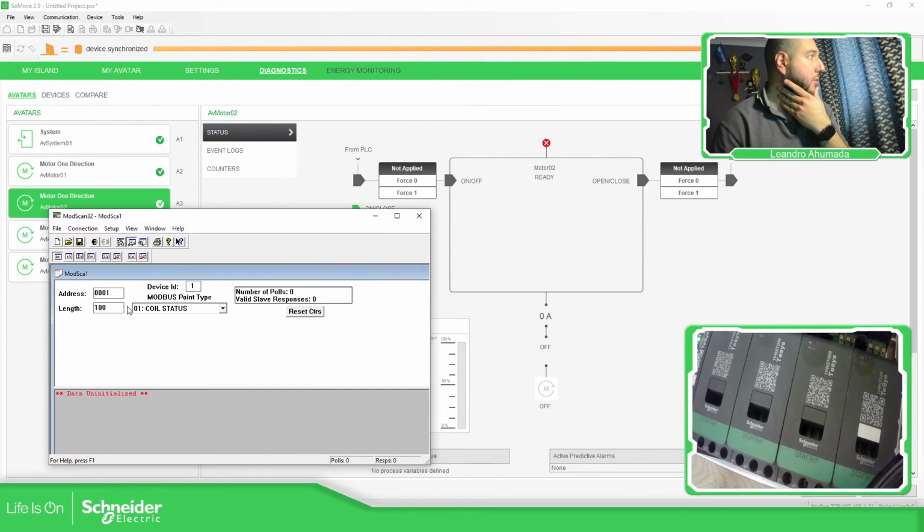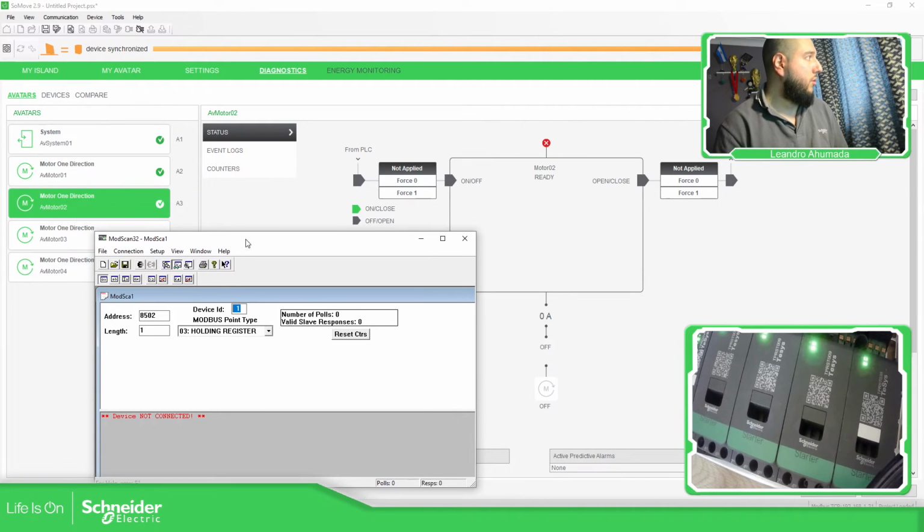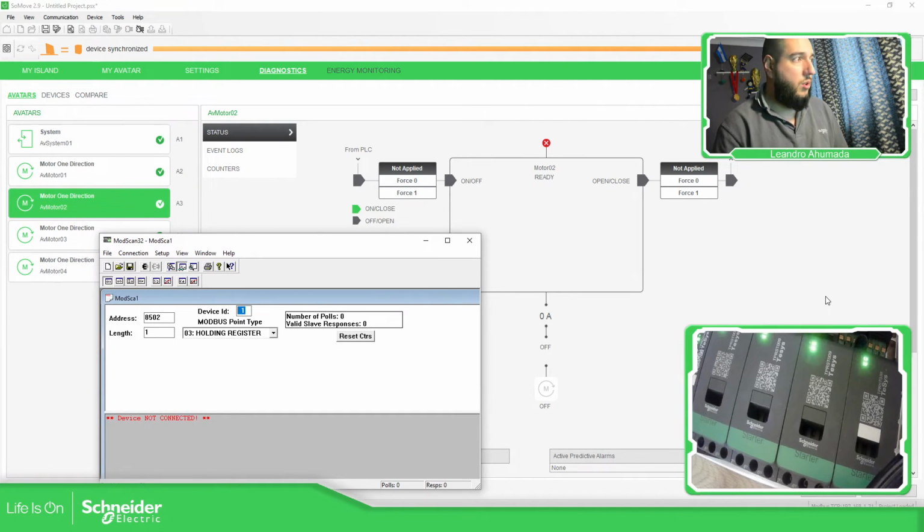Okay, so as I mentioned before, 8502, I believe I need to add 1. Okay, the device ID will depend on the location. So the first one is going to be 0, the unit ID, the second one 1, 2, and so on. So if I want to use the third one, number 3,